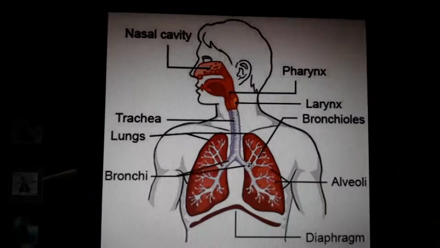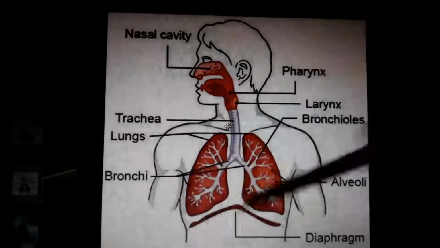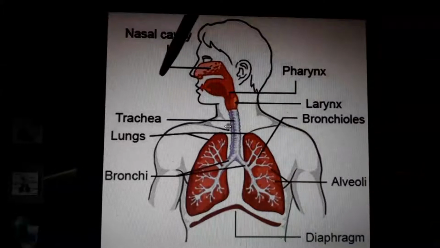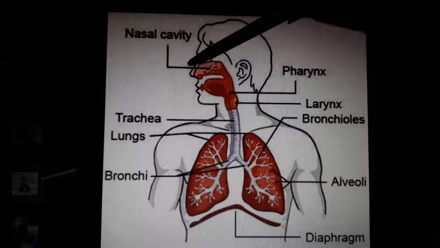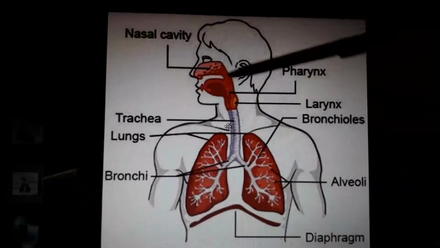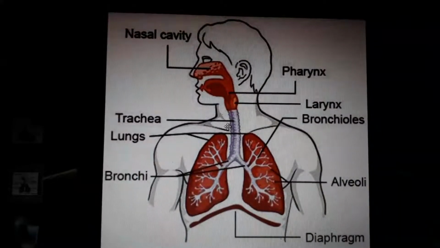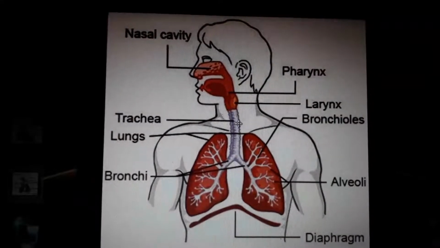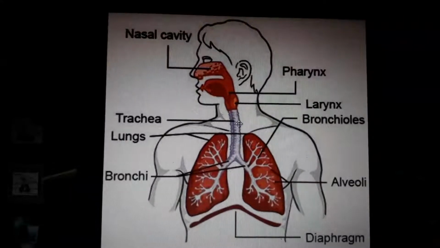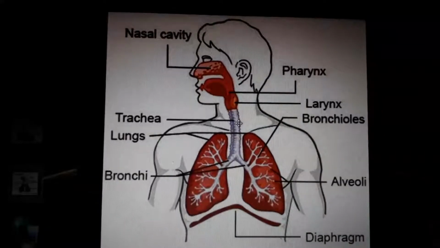So first of all, just start. Oxygen here in the atmosphere. Okay, this is the atmosphere, the full atmosphere. We are inhaling oxygen through our nose or maybe our mouth. And while that oxygen travels through our nose, you heard that our atmosphere contains lots of dust particles, maybe bacteria. Nowadays, coronavirus also is there. Oh my God. So what is the main duty of this nasal cavity?